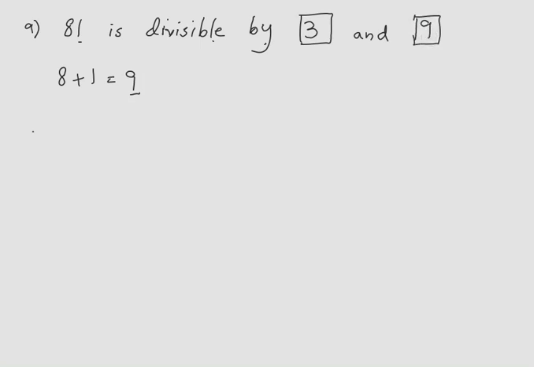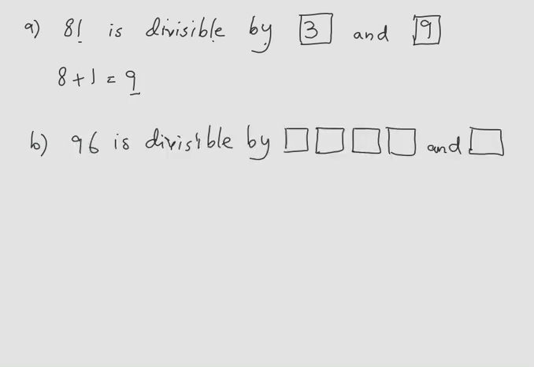Okay, next question we have 96. So 96 is divisible by, we have to find all of those numbers. Starting from 2, the last digit is even, it comes in the table of 2, so 96 is definitely divisible by 2. We have to check it for 3. We add both of the values, 9 plus 6, which is equal to 15. So 15 is also divisible by 3, so 96 is divisible by 3.